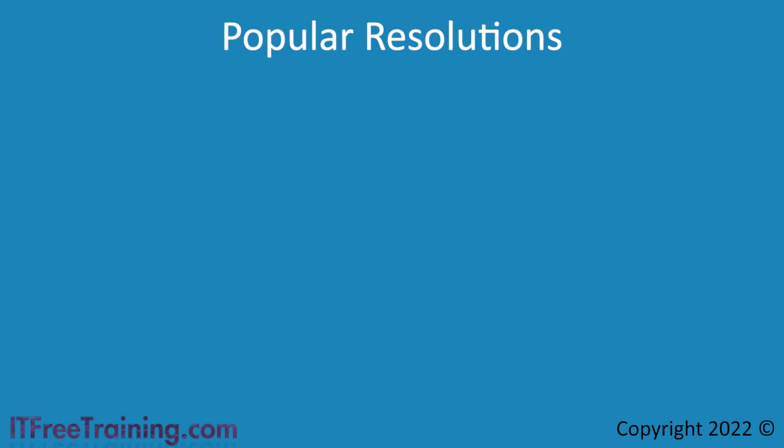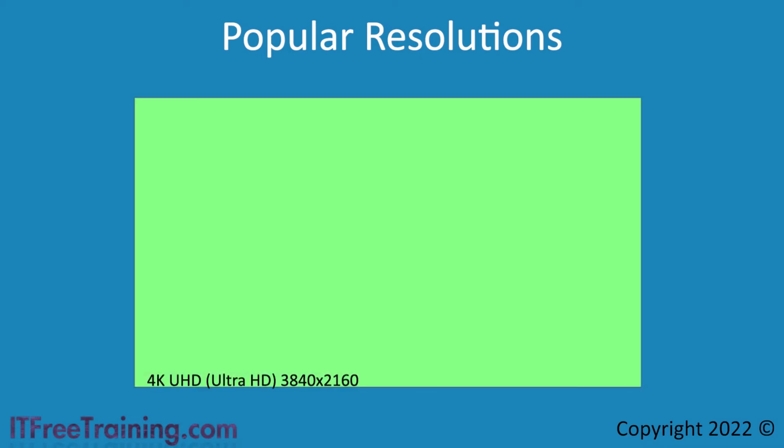To start with, there is 4K. There are, of course, higher resolutions like 5K, 6K, and 8K, but 4K illustrates the main points that help you understand these resolutions. To start with, notice that the resolution is 3840 by 2160. Numbers like these are hard to remember, so you will often see these resolutions labeled as something else. In the case of 4K, it will often be called Ultra HD or UHD.